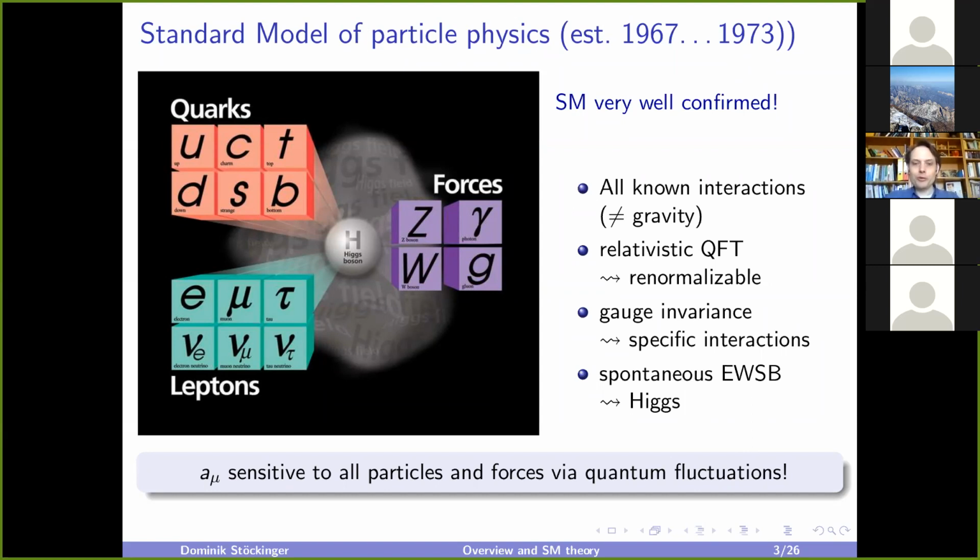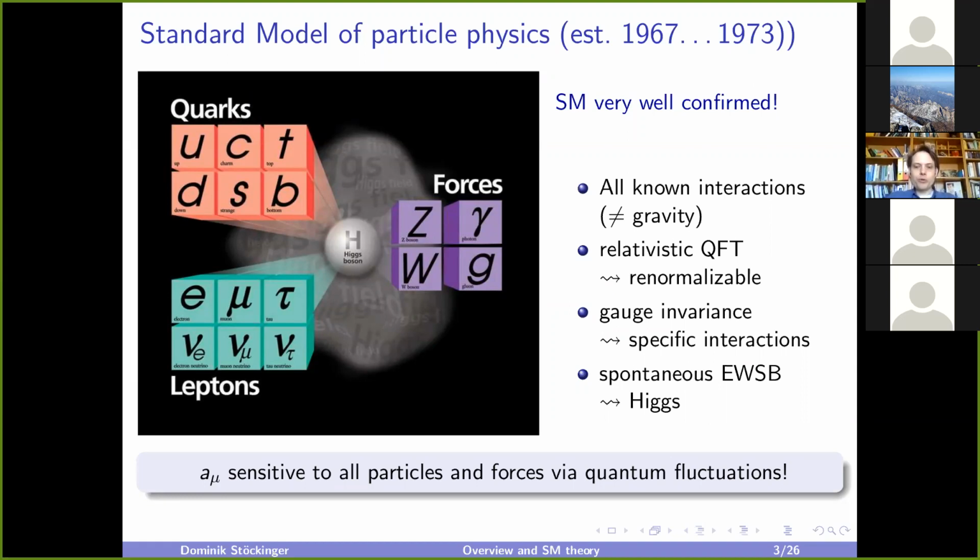The standard model is, of course, our theory in elementary particle physics, and it's maybe one of the best theories in physics. And it's really an old theory. It's almost 50 years old. And in all these 50 years, it has been confirmed over and over again in a multitude of many, many different experiments. The standard model is a deeply rooted theory. It describes all known interactions except gravity. It is a relativistic quantum field theory, which is based on fundamental principles. It is renormalizable, has a finite number of free parameters, and is mathematically consistent.